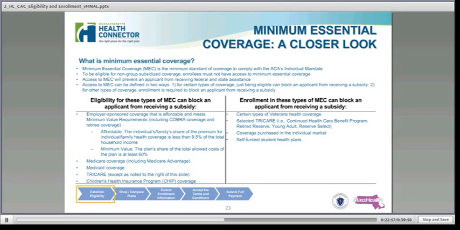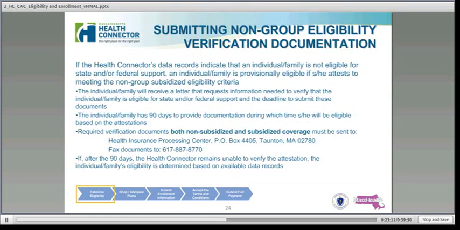Okay, so I just want to talk a little bit about the catastrophic plan and eligibility. This is something new, something a little bit different for folks. On slide 21, an individual is eligible for enrollment in a catastrophic plan if he or she either has not attained age 30 before the beginning of the year, or is 30 years old or older when the plan year begins and has a certificate of exemption based on financial hardship or a lack of affordable coverage, meets the criteria for eligibility to purchase individual non-group plans, and is at any income level.